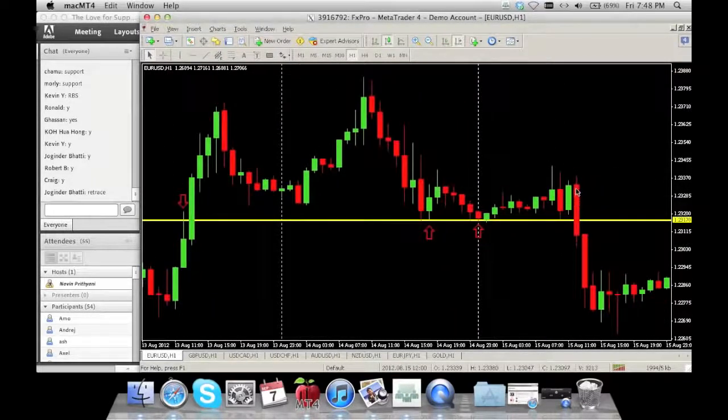Strong candle crosses through. Does everyone agree? That must be a strong candle to cross through. This also is a strong candle to cross through. So is everyone following me so far? How do you determine the strength of a support and resistance?